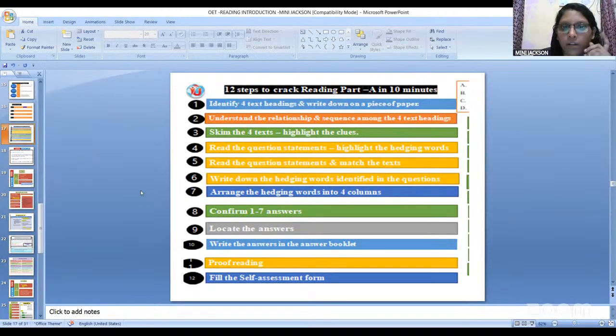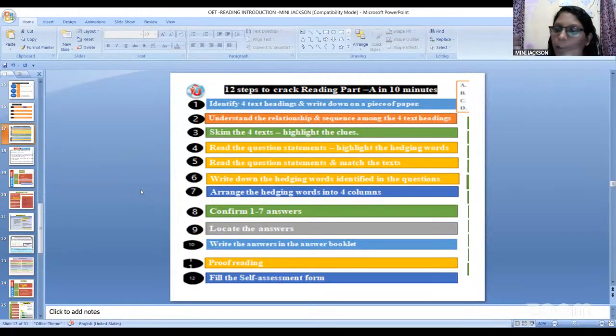When we write a percentage, it's given as 0 to 9. If it is up to 9, N-I-N-E, you have to write it in written form. If it is about 10 to 100, you have to write it in number form. Did you get that? It's like, if the text mentions it in word form, we need to write the same thing. Yes, if it is given in the text in word form, you have to write it in word form. If it is mentioned in number form, you have to write it in number form.